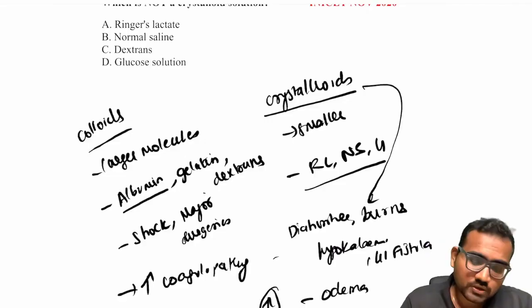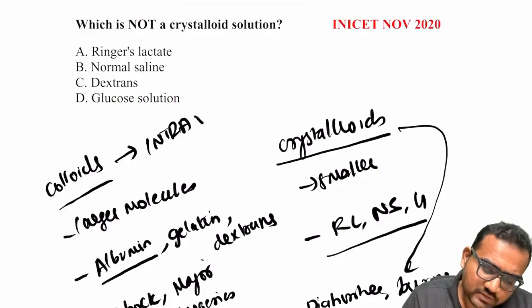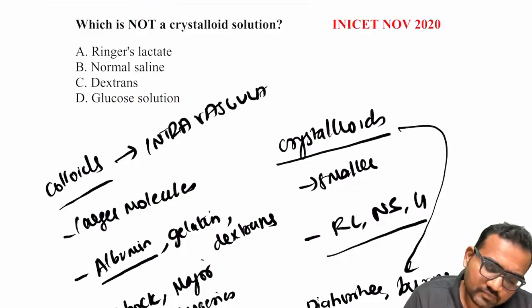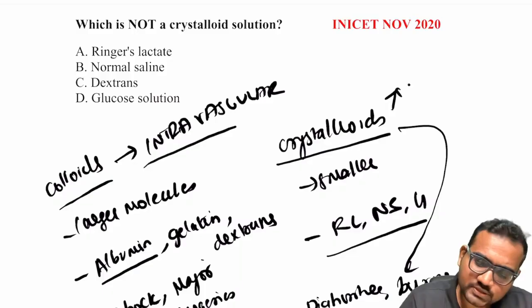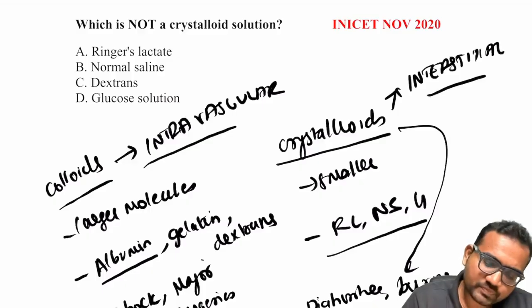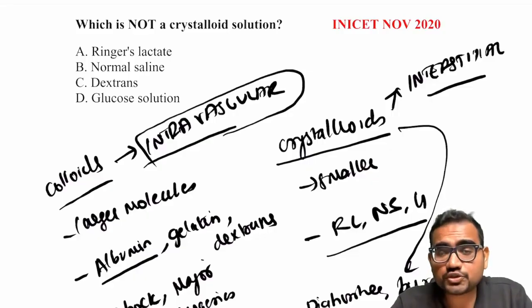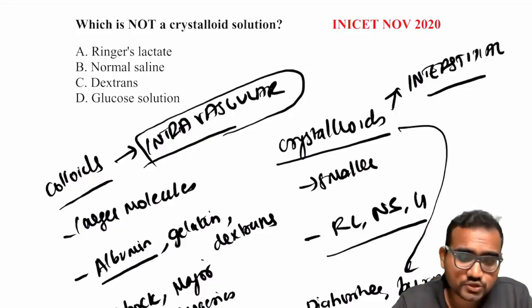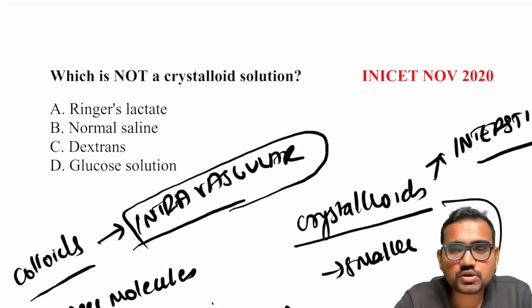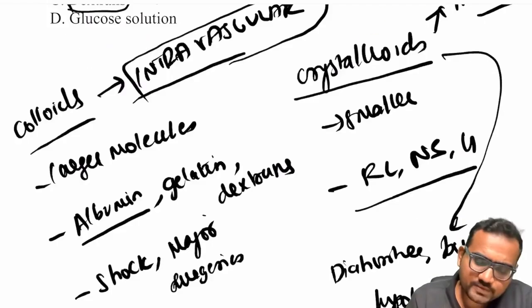Colloids are predominantly present intravascular, crystalloids interstitial, between the tissue spaces. This is the basic thing you should know about crystalloids and colloids. Coming back to the question, which is not a crystalloid solution: dextran is a colloid, a larger molecule. Fine. Now